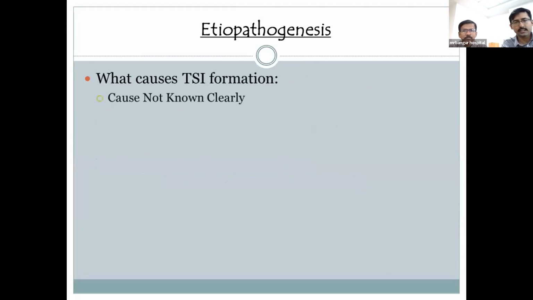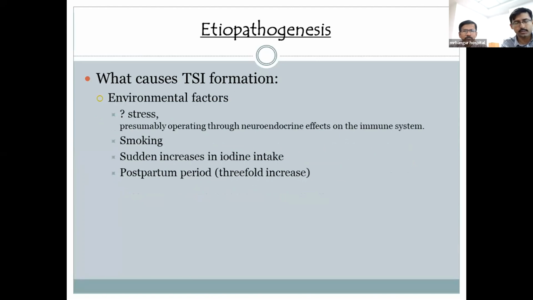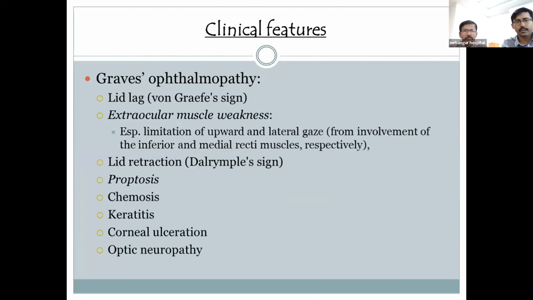Now, what causes TSI formation? The cause is not clearly known, but genetic factors such as female gender, polymorphism in HLA-DR, CTLA4, PTPN22, and concordance seen in monozygotic twins. Environmental factors such as stress, smoking, sudden increase in iodine intake, and the postpartum period are all hypothesized to lead to TSI formation. Now here again, the basic clinical features are the same as in the case of thyrotoxicosis, but here we have to give specific emphasis to Graves' ophthalmopathy,